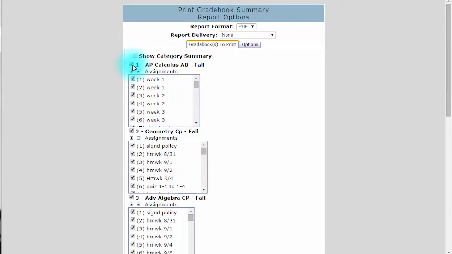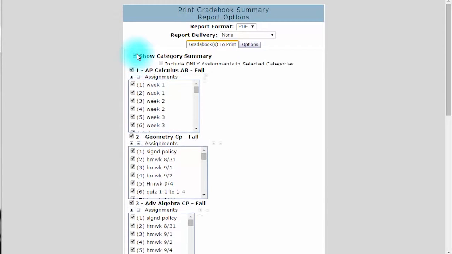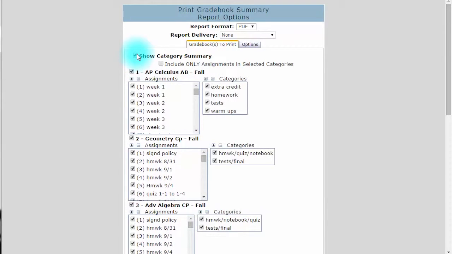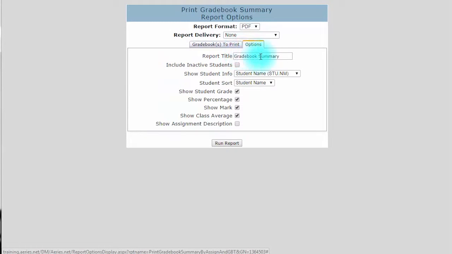There's an option to show the category summary for all students, which appears at the top of the page. And if you are limiting the assignments to print, you have the option to only print the category summary of the selected assignments. The Options tab will allow you to retitle the report, include students that are no longer active